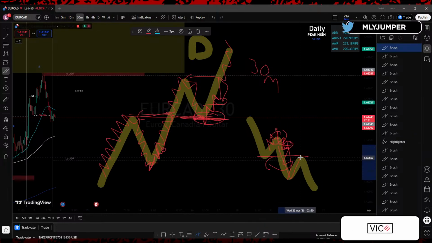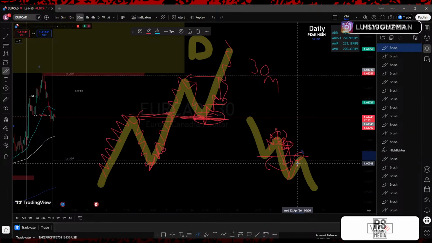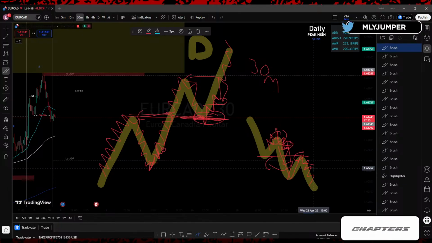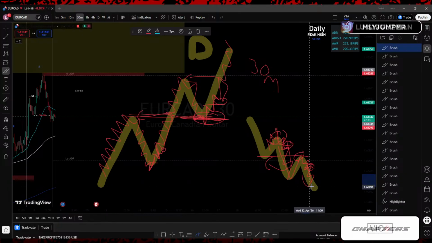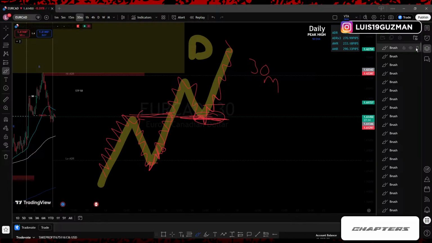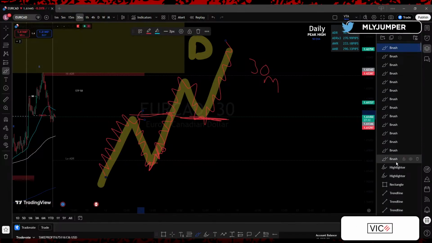Break of structure, boom, lower high. At the lower high, you're looking for what? Lower lows and lower high, change of character, break of structure on the 30-minute time frame to get in to target the lows again. So it's just the same thing. You're repeating the same process, right? It's the same process on every single pair, right?